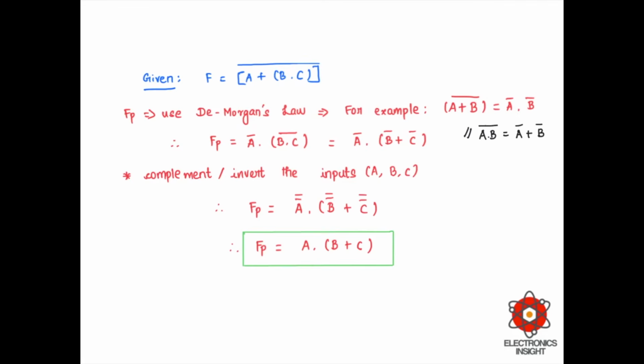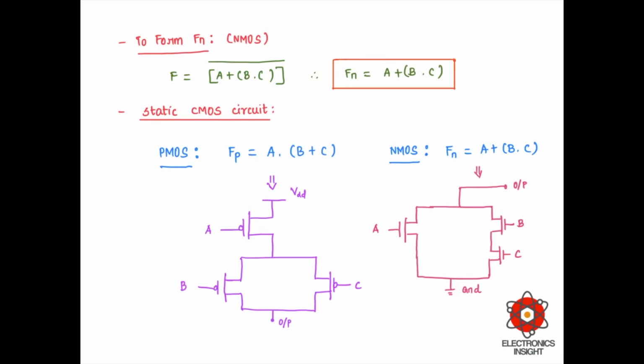Here the inputs that we have are 3 inputs, which are A, B and C. Now complementing the inputs A, B and C, we have the double complement of A, B and C. So the total expression will in turn be converted into A dot (B plus C). So given an expression, wherever you have the addition symbol, that will be converted into a multiplication symbol, and the dot will be converted into a plus symbol.